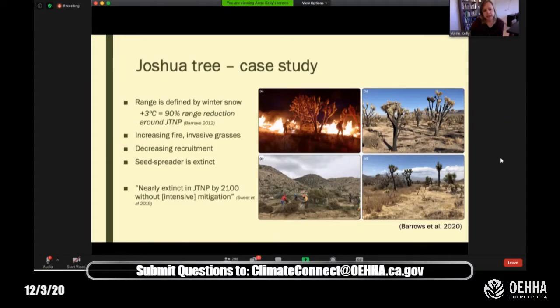So just a quick counterexample to Joshua Tree National Park exists in the Mojave National Preserve, where I'm based now. We had the Dome Fire this summer, a 40,000 acre fire. It was started by natural causes in an intact high desert ecosystem. Lightning struck in a relatively lush Joshua Tree forest. It was full of native bunch grasses and other really beautiful, iconic Mojave species of cholla and yucca.